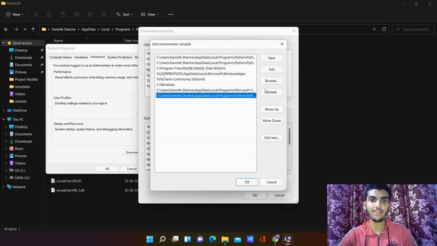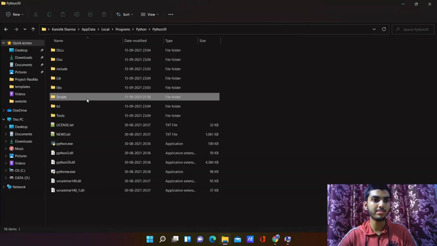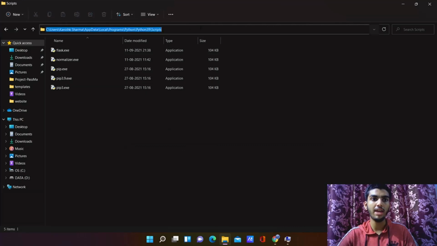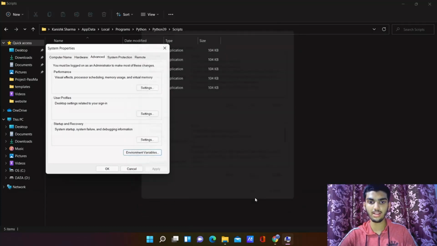So I already have it, so I'll delete it for now. And after doing so, open the scripts folder and do the same as you did for that. Click on new and paste. Here you can see the scripts folder. So now once that is done, you're good to go. Your environment is set. Click on OK,